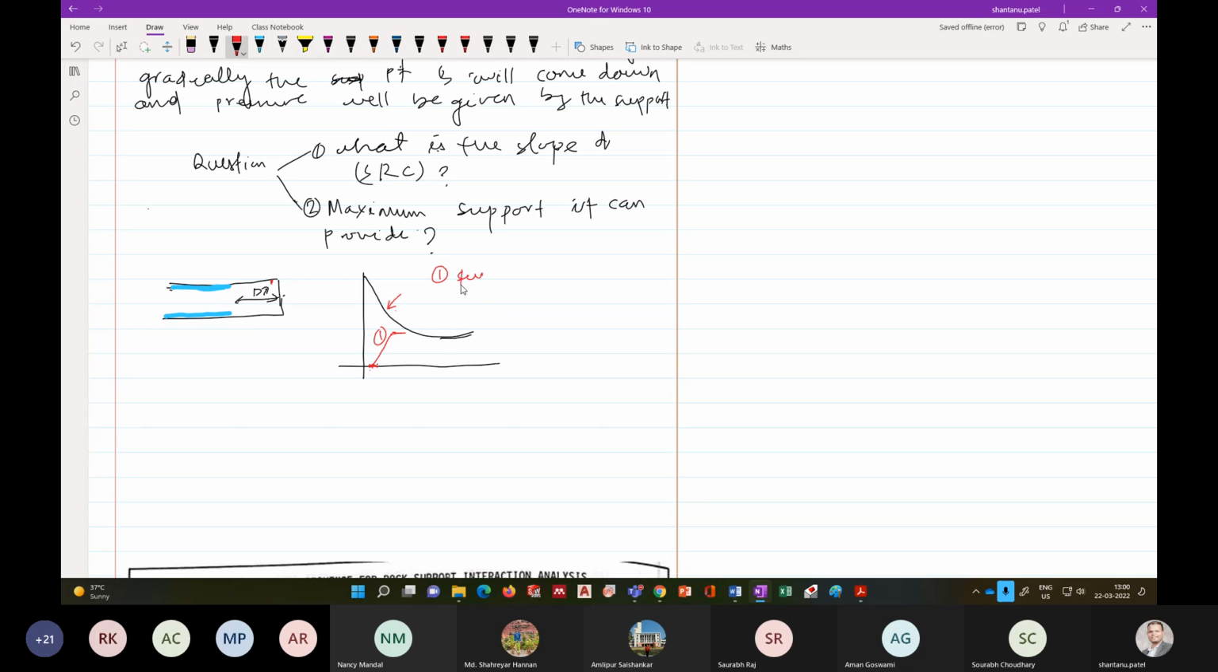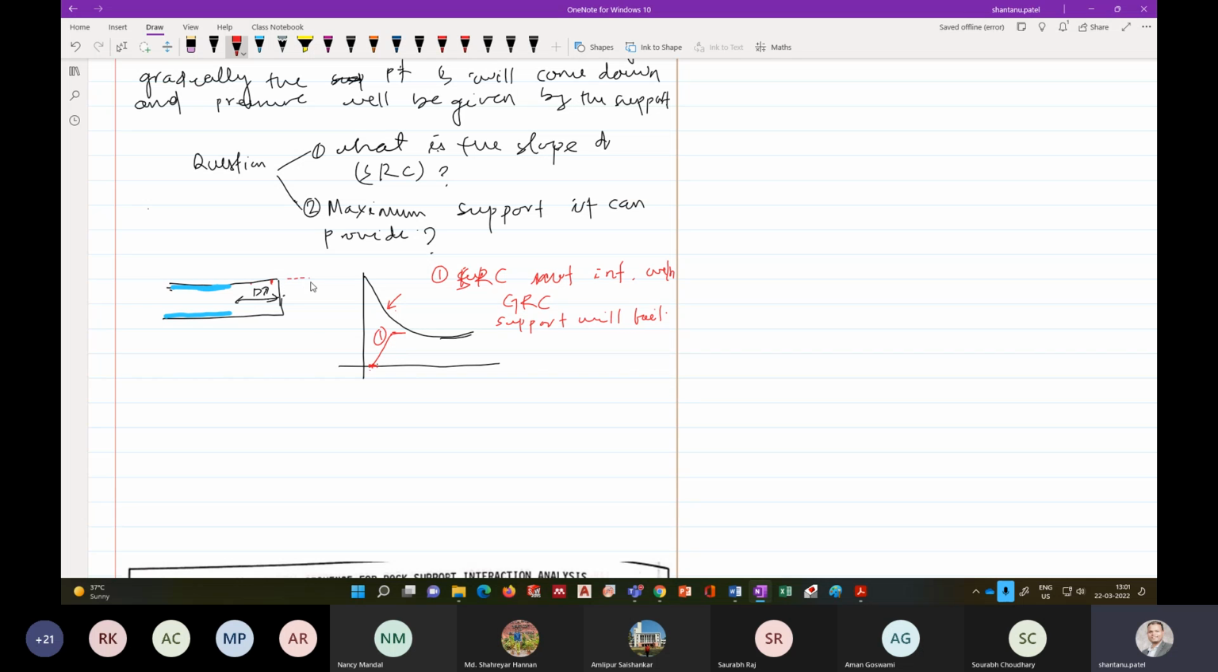Case one is the SRC not intersecting with the GRC. What this means is that when the tunnel is further excavated, the support is going to break. The support will fail. But if it is somewhere here, where you allow some deformation